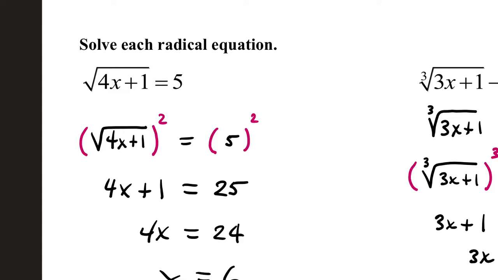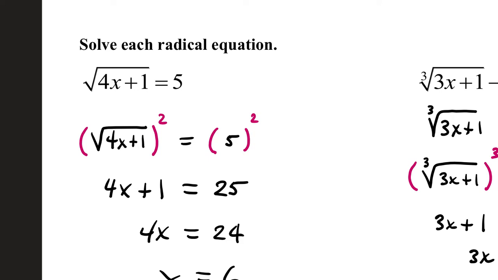Solve each radical equation. Our first equation is square root of 4x plus 1 equals 5. Ultimately, in these problems, you want a format where your radical term is on one side of the equation and the other terms, whether it's one or two terms, are on the other. Once you have the radical term isolated, if you have a square root radical, then you square both sides to